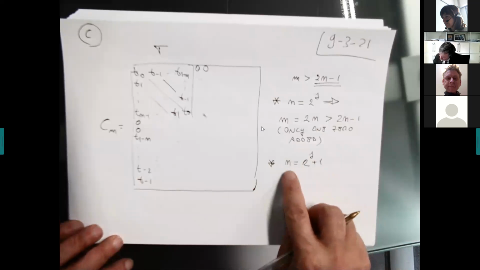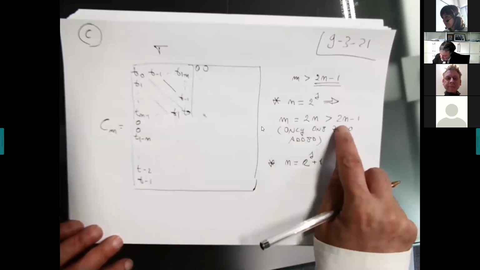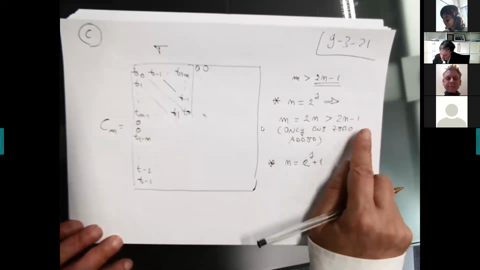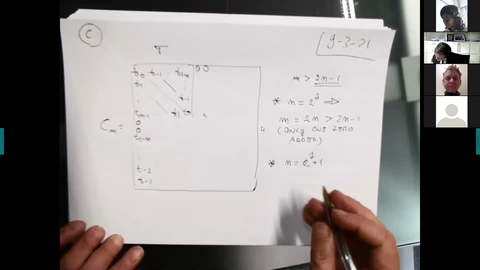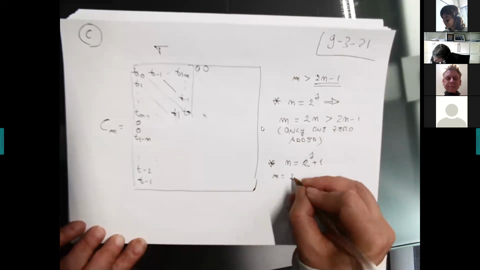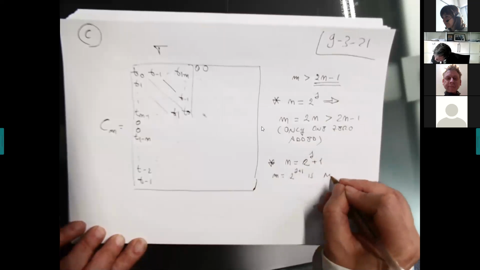Because now, if you take the double, it will be less than 2n minus 1. Okay? So notice m equal to 2 to s plus 1 is not okay